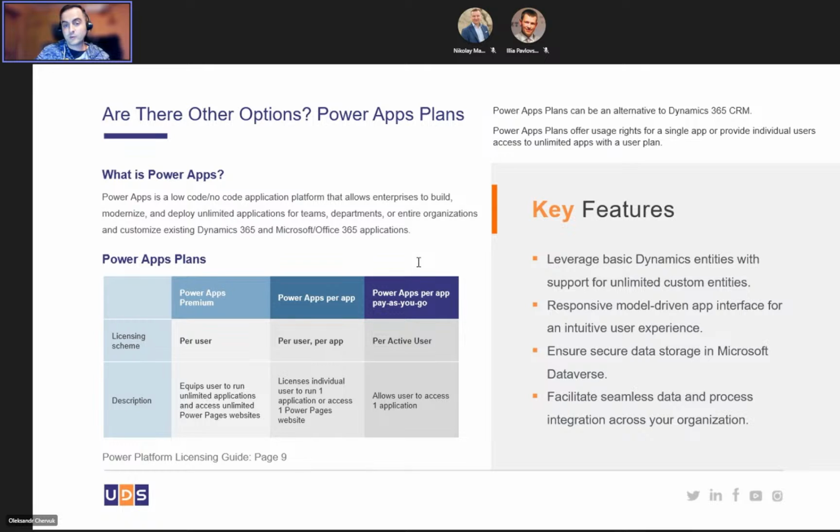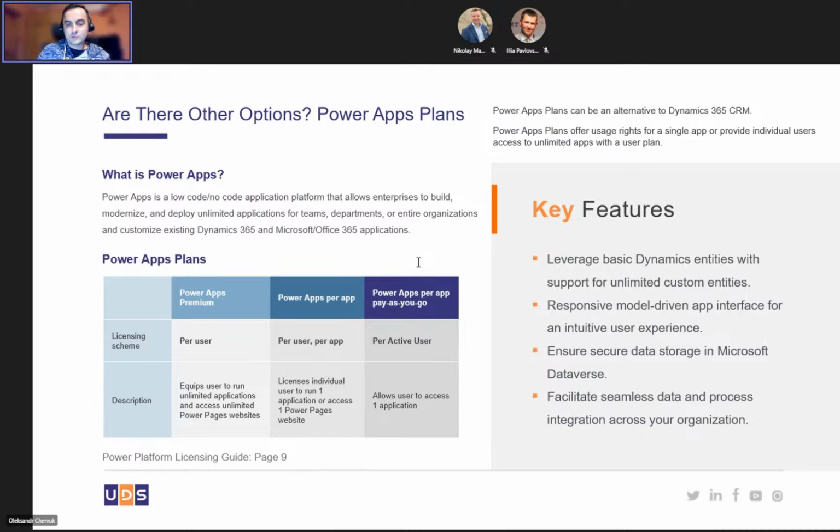So basically, equipped with these licenses, you will have the same user-friendly, responsive interface as in Dynamics. You will use a secure Dataverse for data storage, and you can, for example, replicate the original Dynamics 365 for Sales functionality if you need,